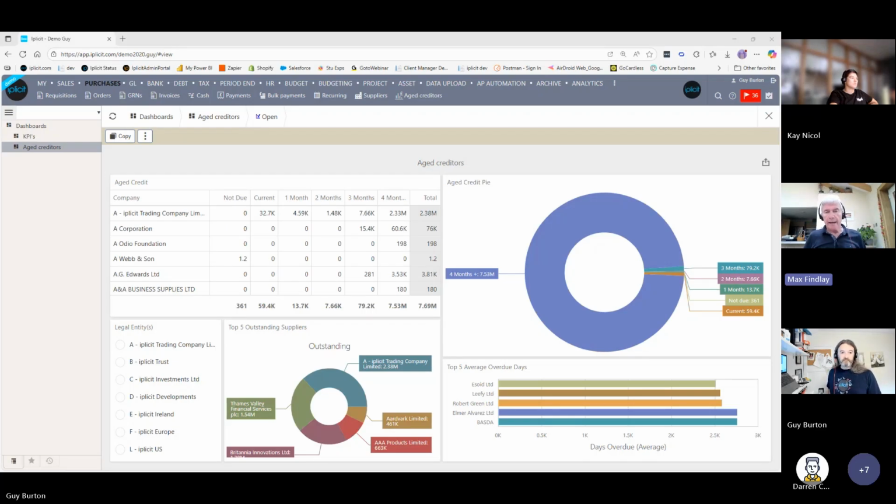So we held a webinar earlier this year, during which we looked at the AP automation part of iPlicit, and we see this as a real key area within any financial system. So we thought it'd be worth expanding what we looked at in February to look at the whole procure to pay process, all the way from supplier creation through to payment runs, but obviously looking at POs, requisitions, and AP automation along the way. But why do we see the P2P or the procure to pay process is so important